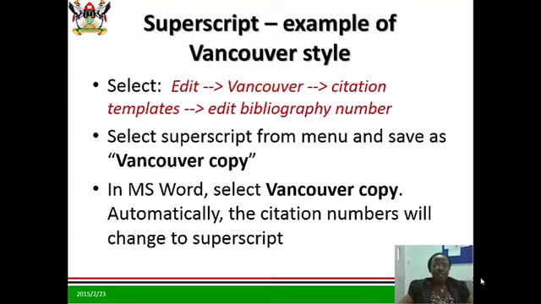EndNote also allows you to change the Vancouver style to superscript. You know that the Vancouver style is usually numbers in brackets within the text, and then at the end of the document, the citations are arranged according to the numbers, which correspond with the numbers in the text. So to change the Vancouver style to superscript, you select Edit, then go to the Vancouver style, then you select the citation template, and then it's within that template that you can edit the bibliography number. First of all, you remove the brackets because the superscript number should not be in brackets, and then you select